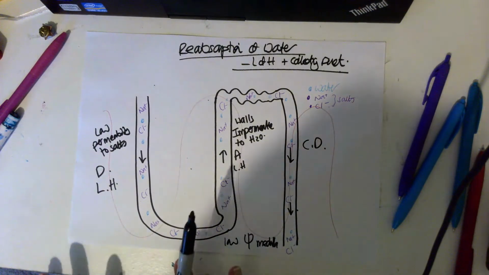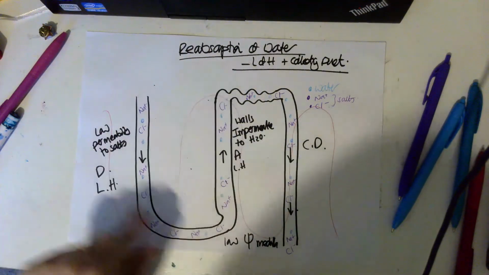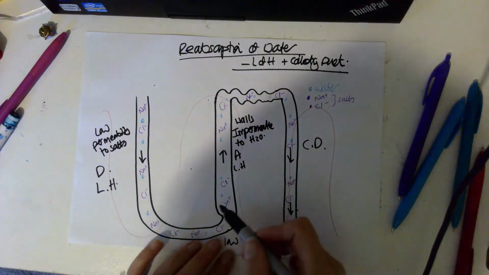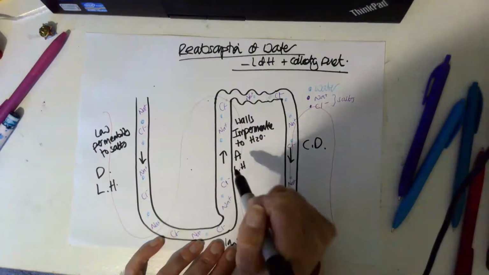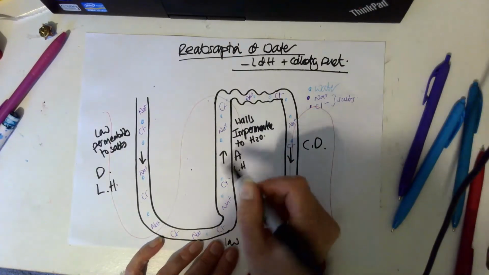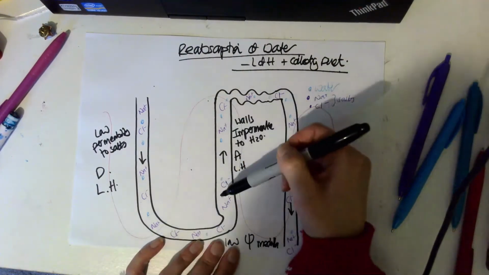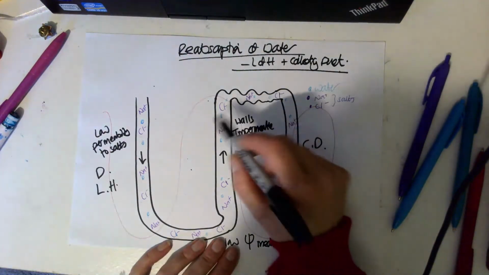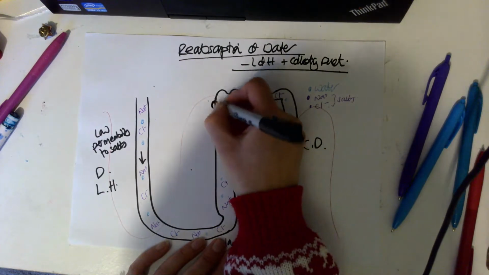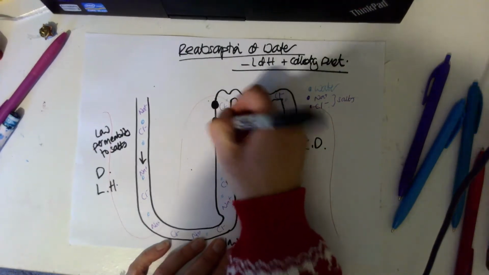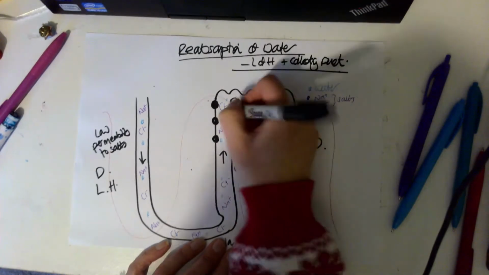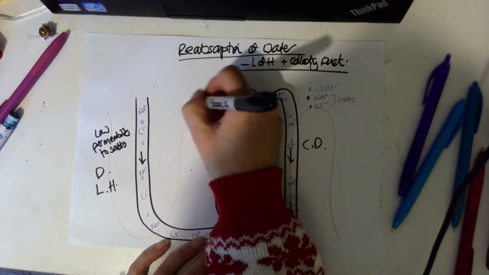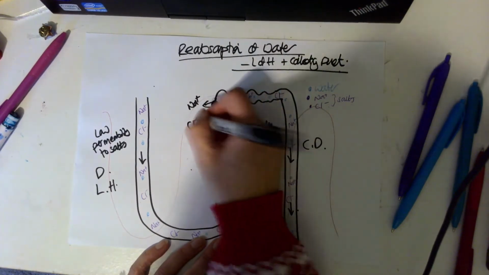Now we can start anywhere because it is actually a circle or loop that's going to take place. But to me, what makes sense would be to start to look up here in the ascending loop of Henle and start to look at this wall here. Now this wall we said was much thicker than the descending loop of Henle, and the reason for that is there has to be space for active pumps. So there are active pumps in the ascending limb, got some on this side too, and these active pumps are able to move sodium ions and chloride ions